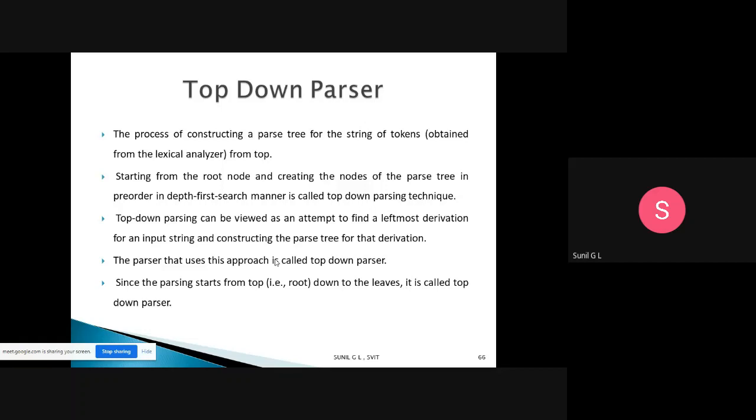When you want to construct a parse tree for that particular string, you should start from the top. Then you develop the intermediate nodes, and finally you get the leaves.